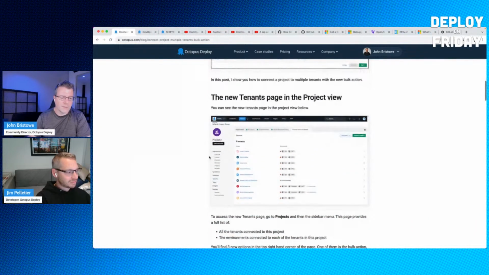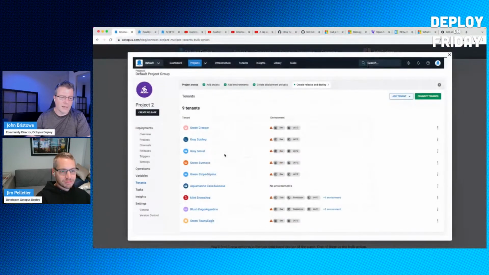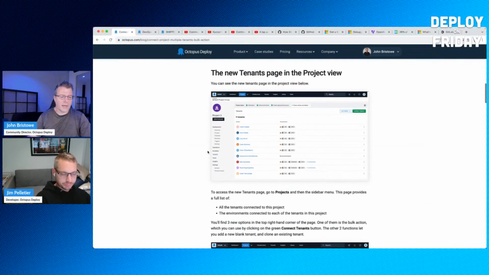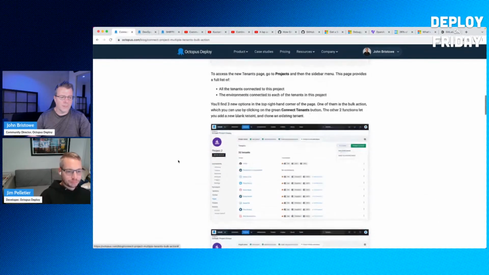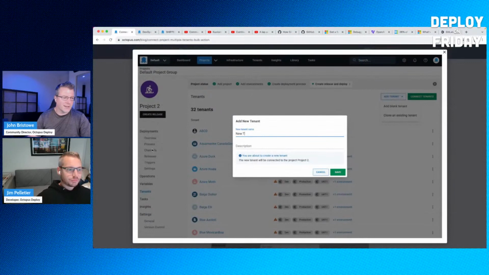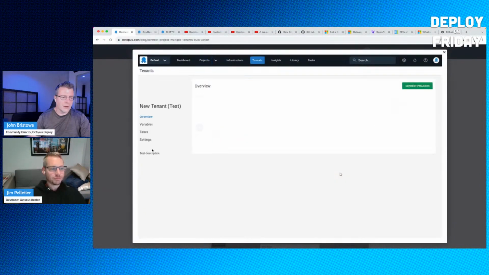And so now we have these new views that allow you to not only see what tenant tags are available. If they have more than three, it will actually collapse that. But you'll also be able to connect tenants in a bulk action to a variety of different projects. So he gracefully gives us a GIF here for us to look at. This is an example of adding a new tenant to a project.